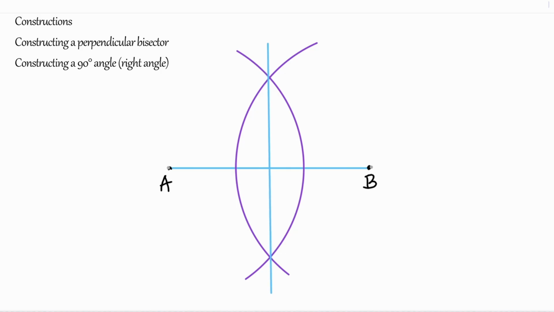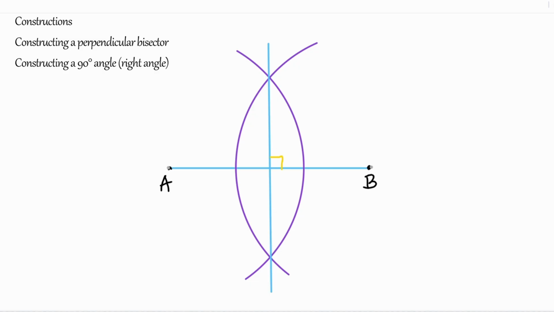So what we have now done here is we have drawn a perpendicular bisector which divides the line AB into two equal parts. Not only does it divide AB into two equal parts, but we also have formed a perfect 90-degree angle between the bisector and line AB. So this same technique can be used both for drawing a perpendicular bisector as well as for constructing a 90-degree